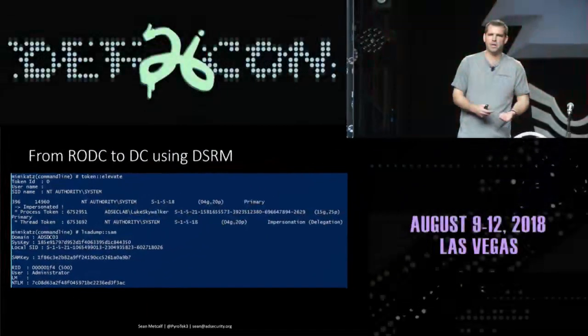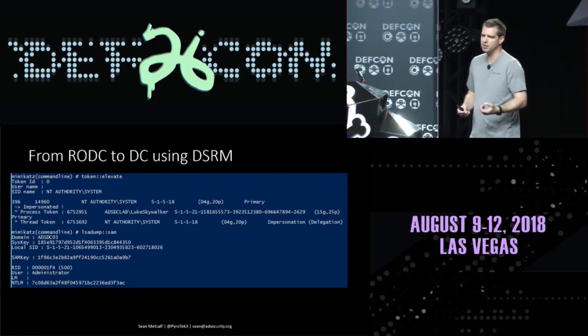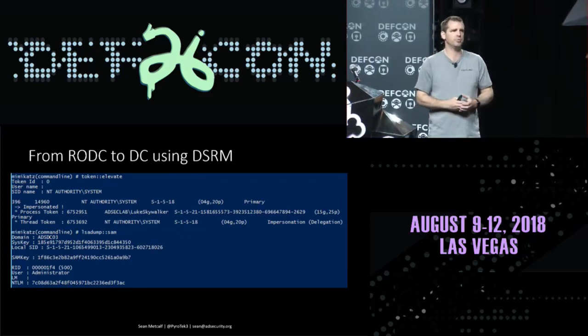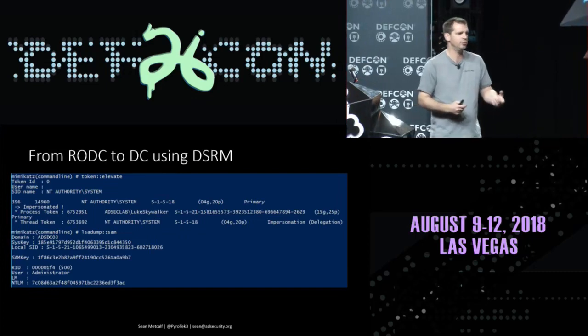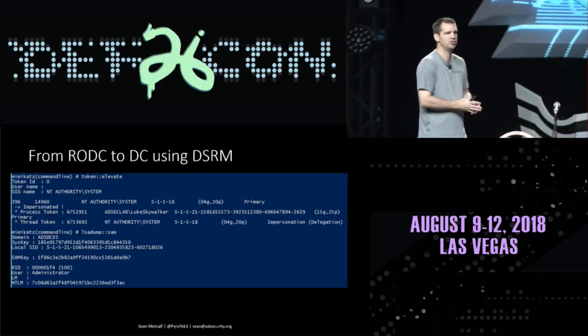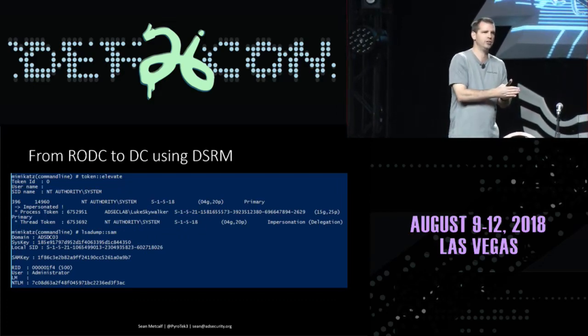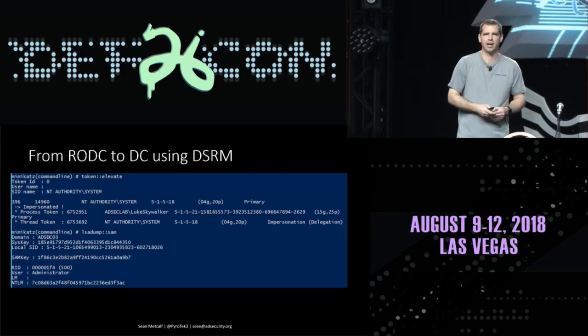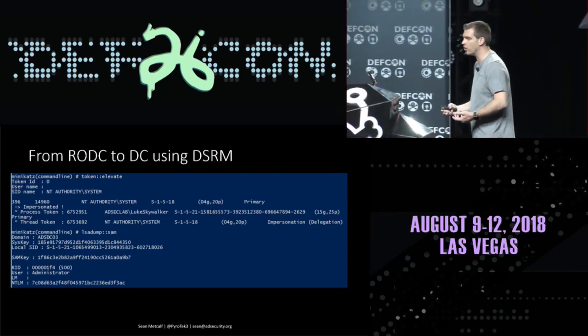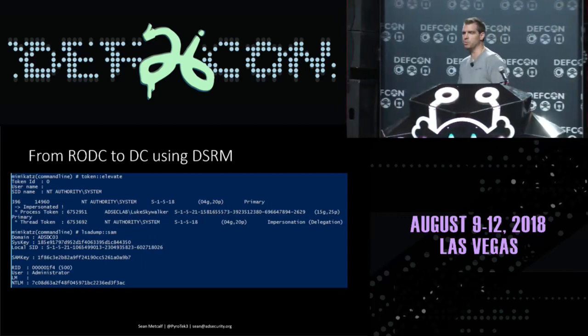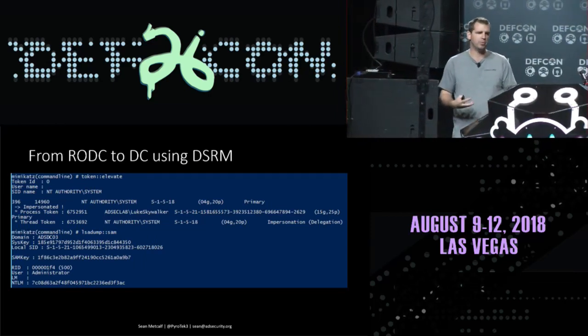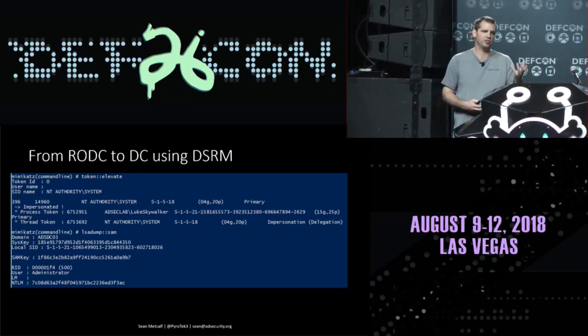But there's a registry key as of 2008, not on by default, that you can configure where you can log on to the domain controller without restarting it into the special mode. You can log on from the console. Depending on the registry key, if it's set to 1, you can log on when the Active Directory services are stopped. If it's set to 2, you can log on anytime you want. If it's set to 2, you can actually pass the hash using this password hash on the network. And there are environments that have that configured. So it is entirely possible that you could compromise the environment from just taking over a single RODC.